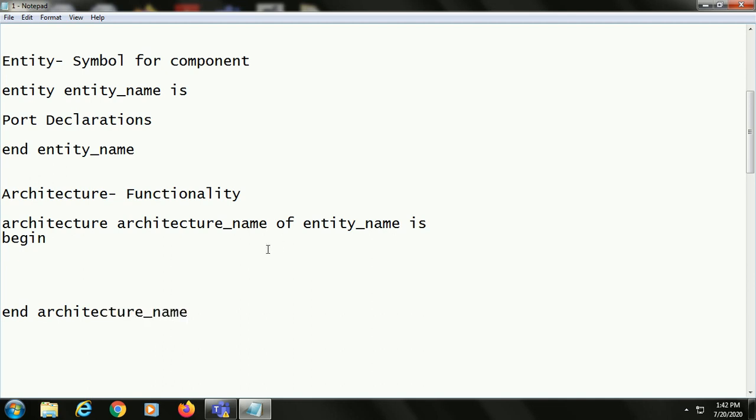This is the syntax for the architecture. Architecture is the keyword here. Here architecture name is user defined and entity name is the name of the entity what we are giving here, and inside this we are going to write the program for the function of the component.